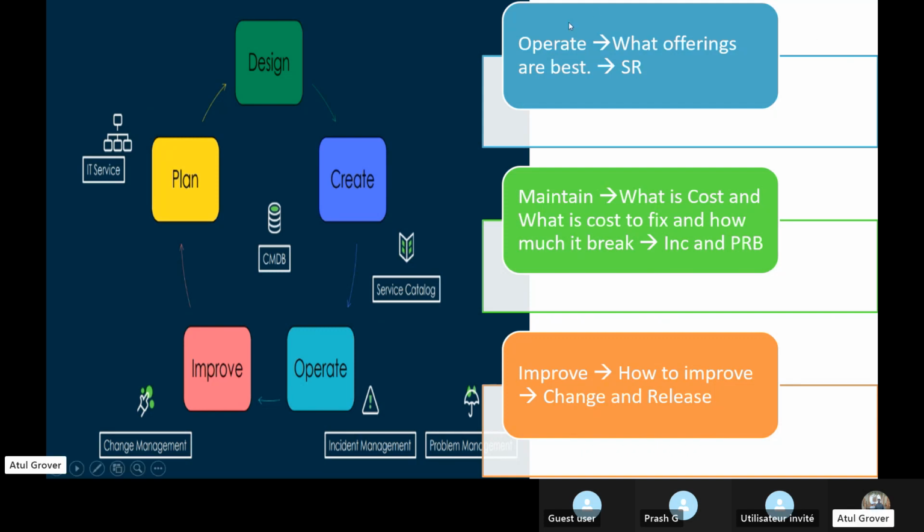So when we say operate, we have three types of pipelines: what is ongoing or current, what is upcoming, and what is retired now. Let's say I tell you guys I'm going to start advisory consulting as well. This is an upcoming offering.